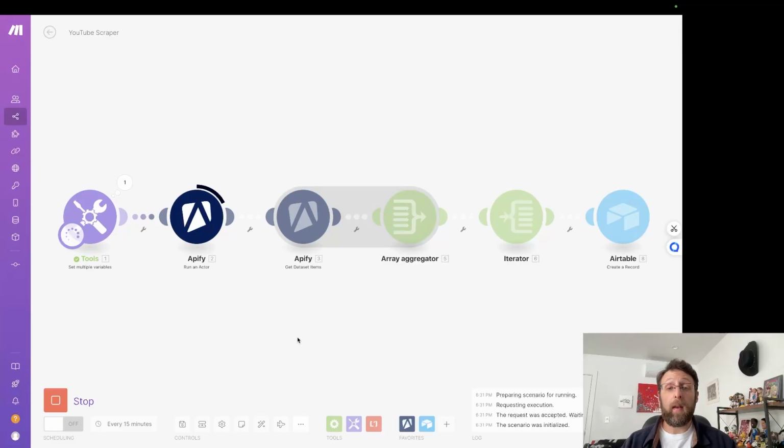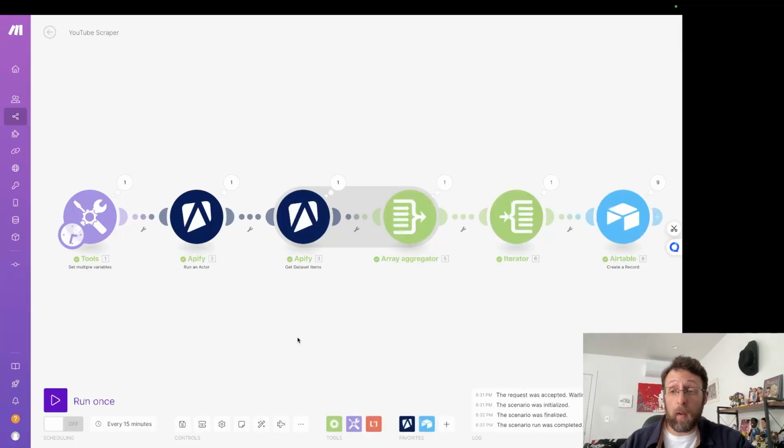And then we can go ahead and sort everything by view if we want. And if you're scraping 100 videos per channel or whatever, you can see how this could be really helpful to see which content is performing the best from all your favorite creators. And you can figure out what they're doing, and you can start doing some of that yourself or find similar